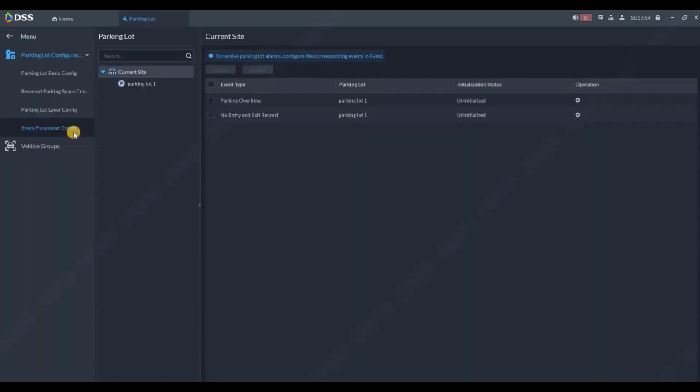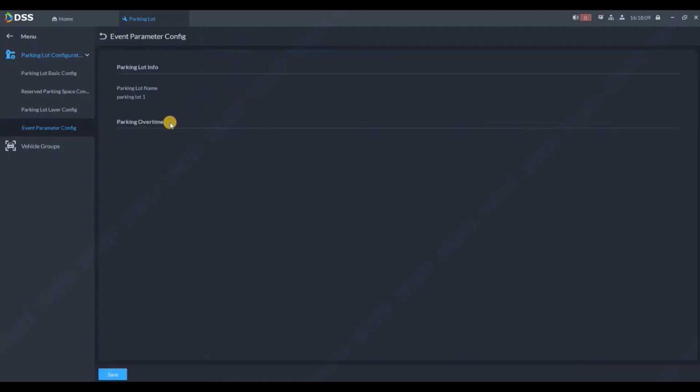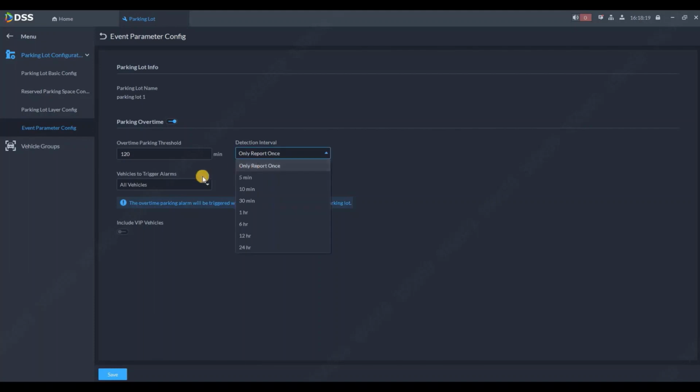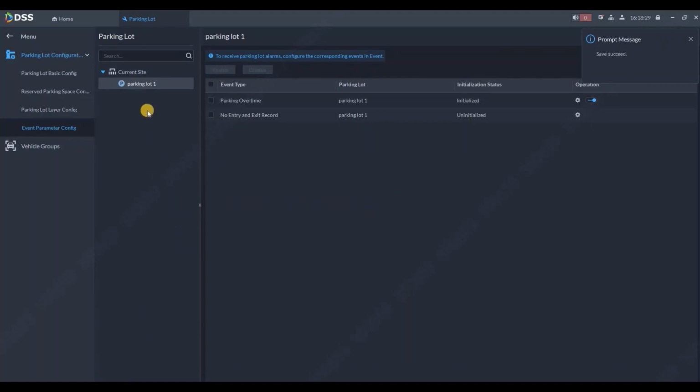Next step is configuring events. As you can see, we can have parking over time event here, or no entry and exit record. So we can click on cogwheel and turn this option on and enter time in minutes. We can report only once to non-registered vehicles and vehicles in blocklist. You can click on save,